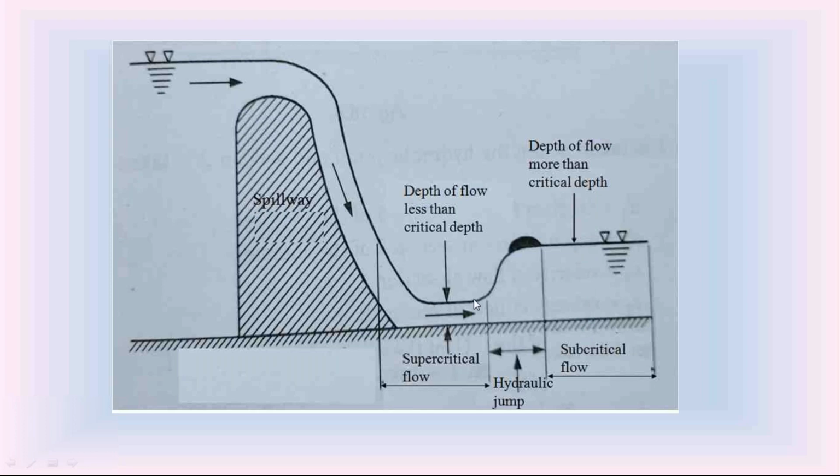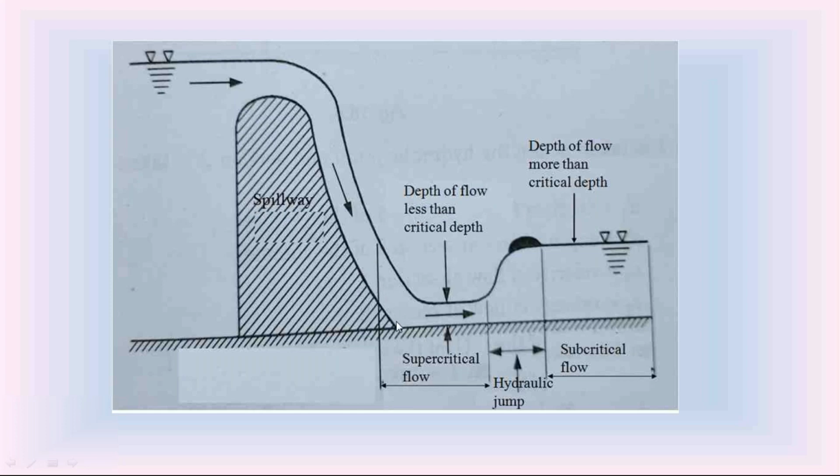So from this region onwards, just after crossing this supercritical flow, the depth of water flow in the downstream side in the open channel starts rising upward. It rises upward, and at a certain portion, the depth of water flow in the channel is more than the critical depth. We know that when the depth of flow is more than the critical depth, we call that flow the subcritical flow. So check this bottom of the spillway.